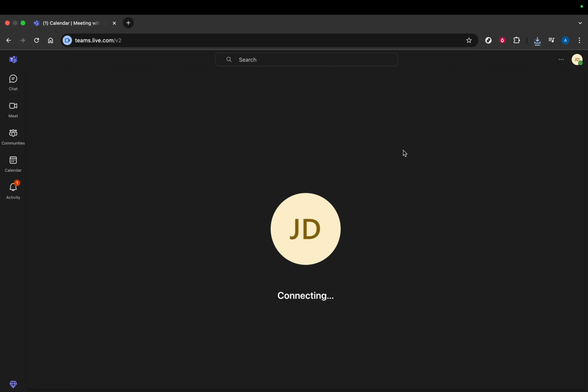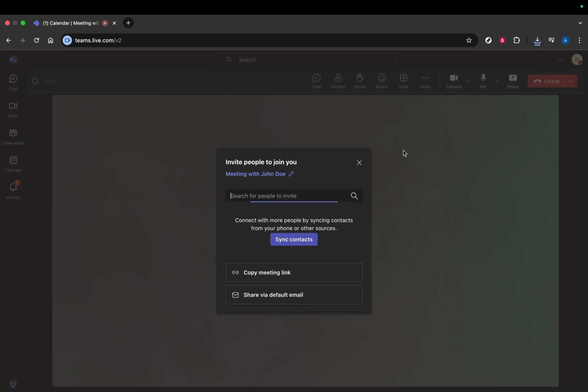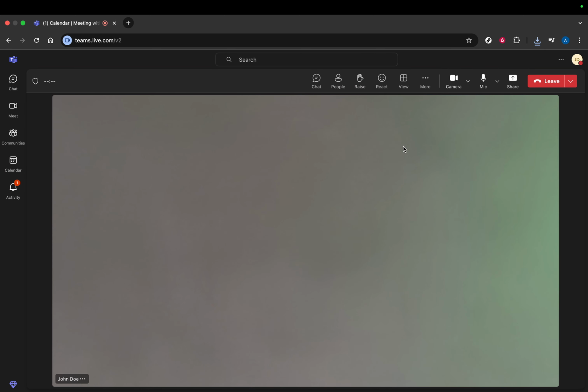An interesting feature of Microsoft Teams is that it automatically mirrors your camera view. But hold on, the mirrored view is only for your eyes. All the other participants in the meeting will see your video as it naturally appears, not flipped. This mirroring feature might be familiar if you've used other video conferencing tools, but Teams adds the option to adjust